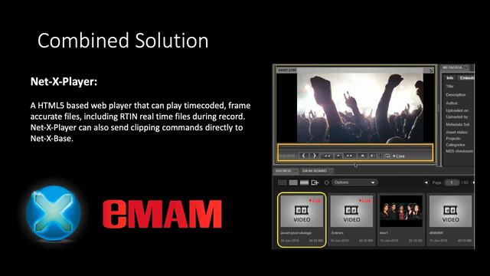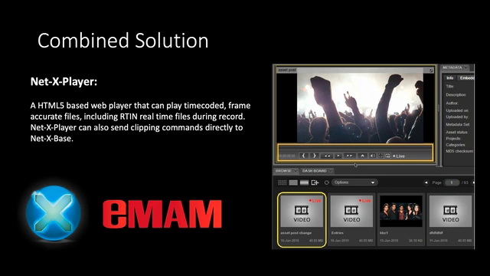Yeah, absolutely. And the great thing is that inside of eMAM, the player is seamless. You just see a player, and if it needs to use ours for real-time editing, it uses ours. If not, it uses the traditional player. The R10 files themselves are the technology that we use to be able to do a lot of the real-time work with files. It stands for real-time index, and what we have is basically a sidebar file that is recording where everything is going in the main file that we can read while it's still open.